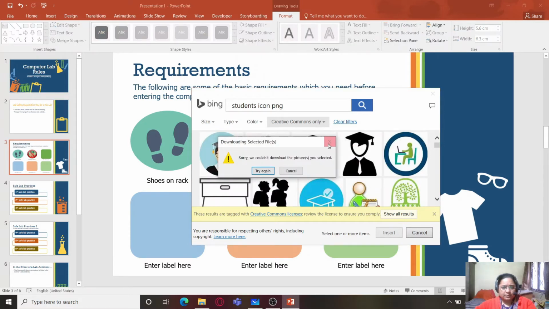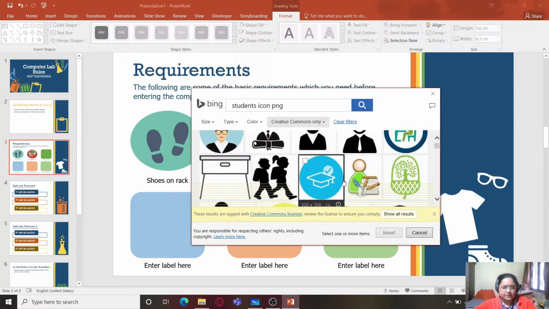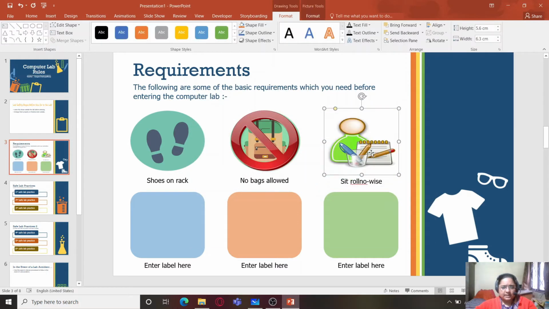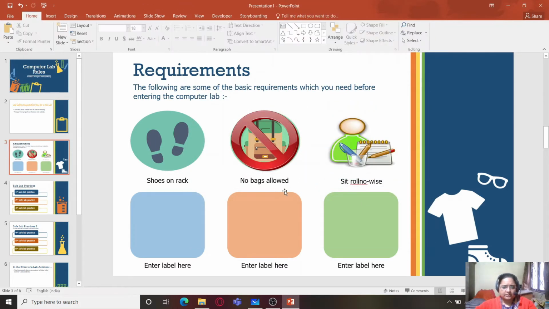Okay, we cannot download the picture. There are certain pictures which don't allow such downloads, so you can always change your preference, and it will change according to that. This way you can insert the images. Already placeholders are created. All you need to do is change them in place.